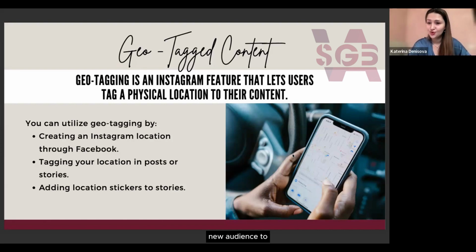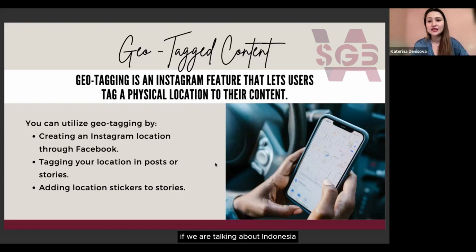How can it help us? It can attract a new audience to your account, even with the photo that you put in your account, it might attract new people. So please remember that you should use crowded geotags. It means that the most crowded places where the audience is offline will also be crowded online. For example, in Moscow, it's normal to put a geotag like Red Square, Kremlin, and the central streets, because there are a lot of people on the central streets and they will check this geotag.